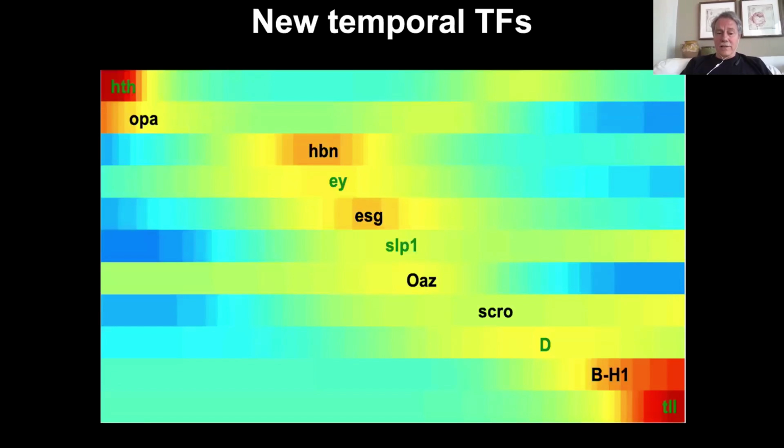And the answer is yes. So in green, what you have are the known transcription factors, which identify homothorax, islet, lobe-ped, dachshund and teles. And in between, we've identified a number of new temporal transcription factors which appear to be expressed up and down during a very short temporal period to be able to produce more neurons. And we have validated most of those neurons here.